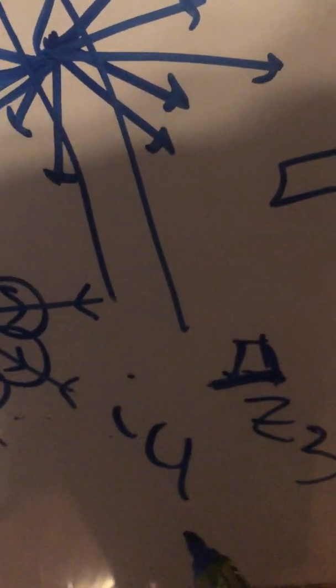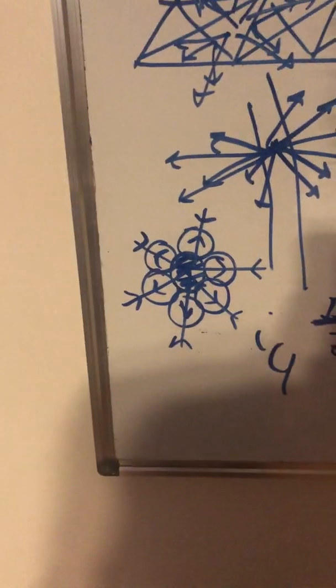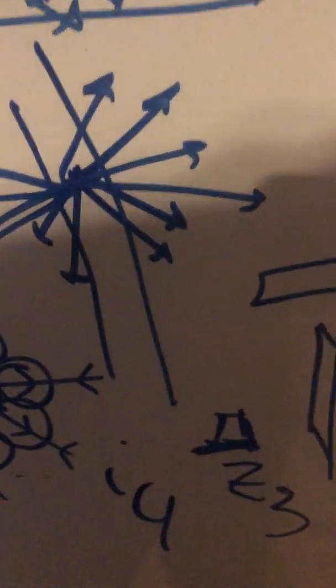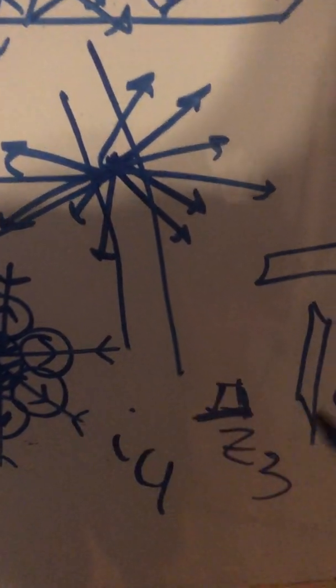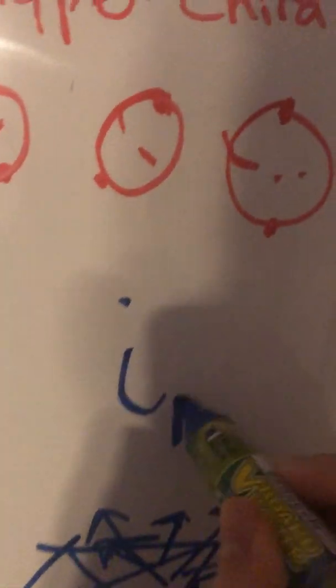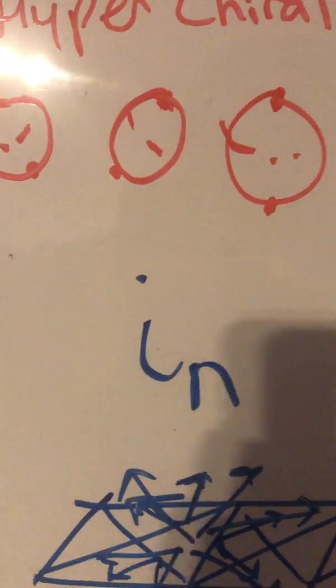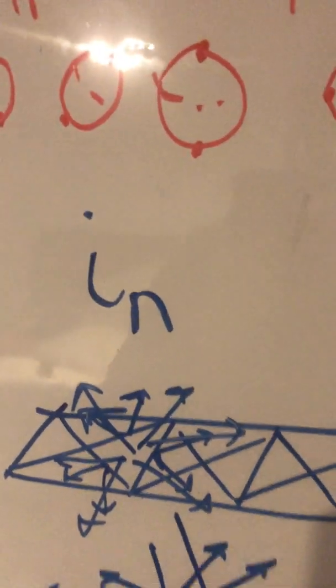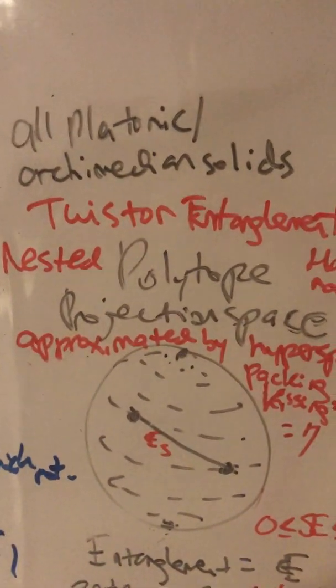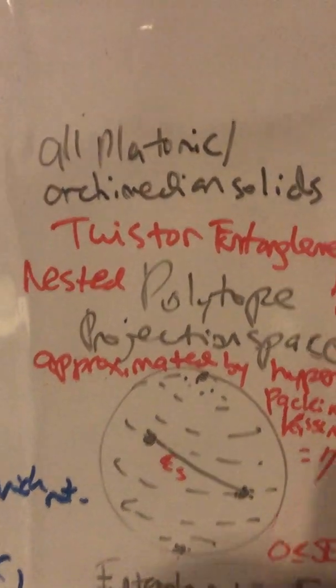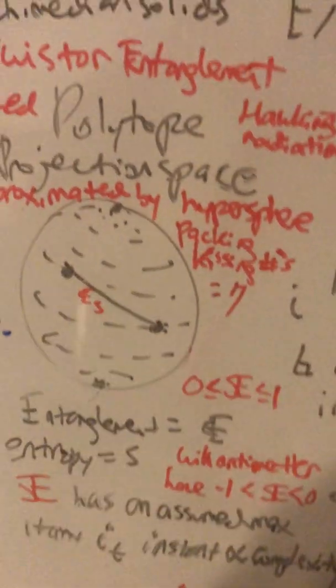And so a 4th order Wick rotation, I sub 4 you could call it, would describe 4-dimensional 24 kissing numbers, whatever. I'm not sure exactly how to map it because 4-dimensional space is strange, but you can actually imagine I sub n Wick rotations, which means you just keep doing more and more Wick rotations. And that's what allows you to have this strange idea of nested polytopes and Platonic and Archimedean solids that are embedded.